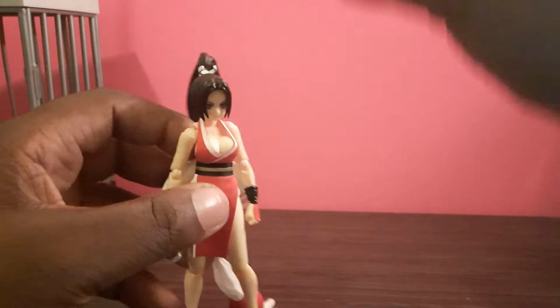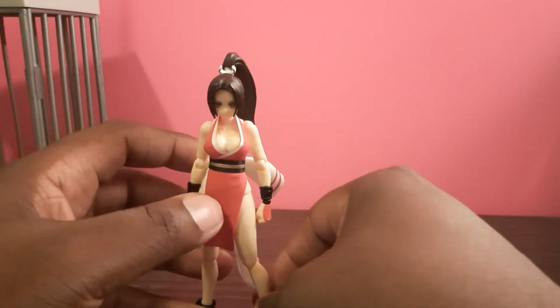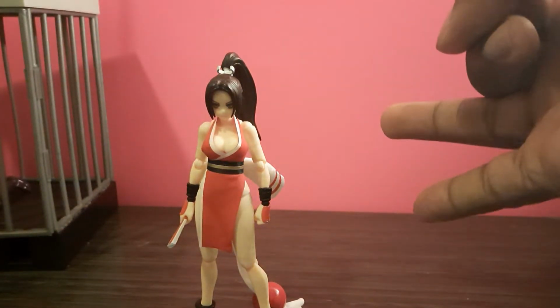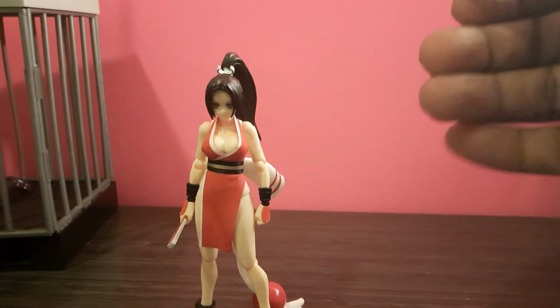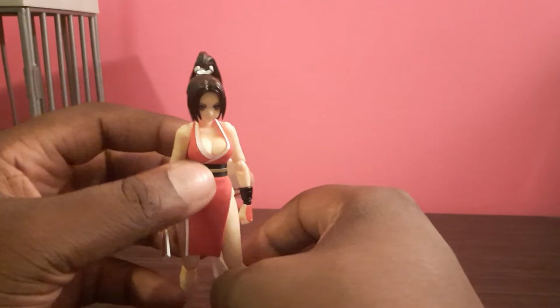as good as it is, I do have minor gripes, and that being she is too small. Great figure. If you are into King of Fighters and My Shiranui, or Dead or Alive, because she's in the game Dead or Alive, and you have the Figma Kasumi or any of the other Figma King of Fighters characters, I think they only made two, though. I think it's just the two main characters, two guys, one with red hair, one with brown hair, but don't quote me on that. But yeah, if you like King of Fighters and Dead or Alive, which has only one character, Kasumi, I feel like she would fit in with them because she's on this third-party body, which